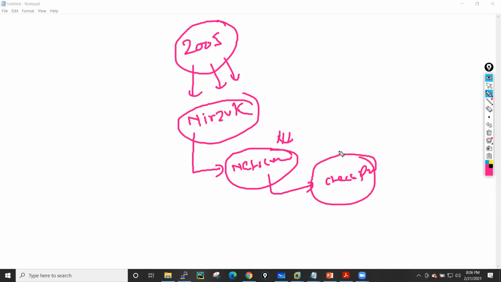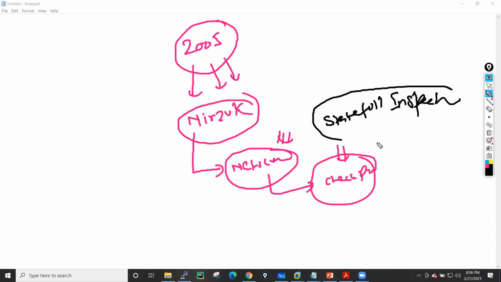Now, while he was a part of Checkpoint, he invented one concept which is stateful inspection. So the developer of stateful inspection is Nir Zuk.